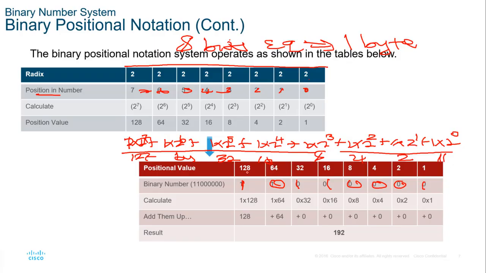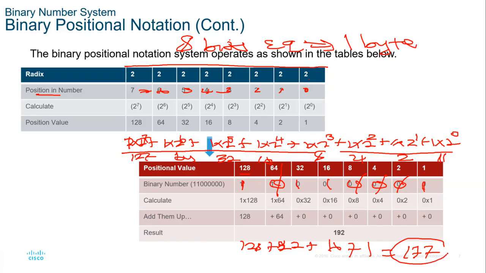Of course, I'm going to go with this. So it's 128. Here is a 0, I'm going to eliminate it. This is a 32, I need 32, then plus 16. This is a 0, this is a 0, this is a 0. Here we have a 1. So if I add all these, they will give me a total of 128 plus 32, it's 160. 160 plus 16, it's 176. And then